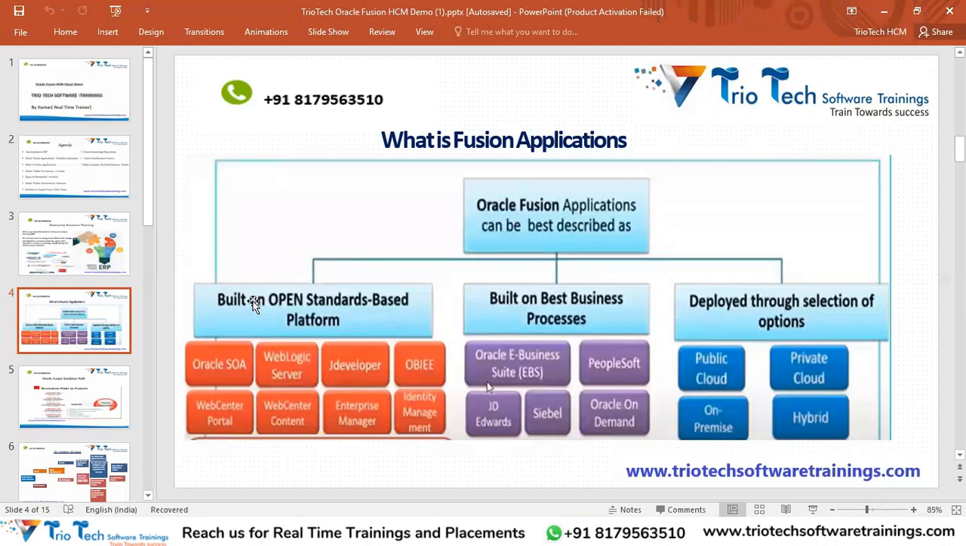Like they're built on open standard based platform, they're built on best business processes, and they can be deployed through a selection of options. What do you mean by built on open standard based platform, team? Whatever the components you are seeing here, team: Oracle SOA, service oriented architecture, WebLogic server, JDeveloper, OBIEE, WebCenter portal,